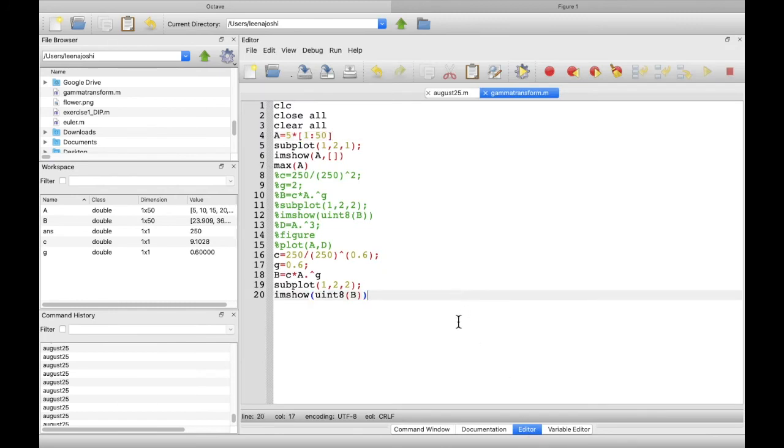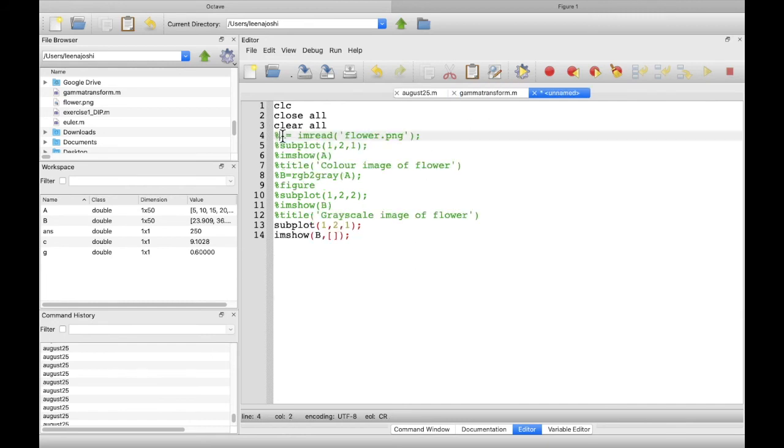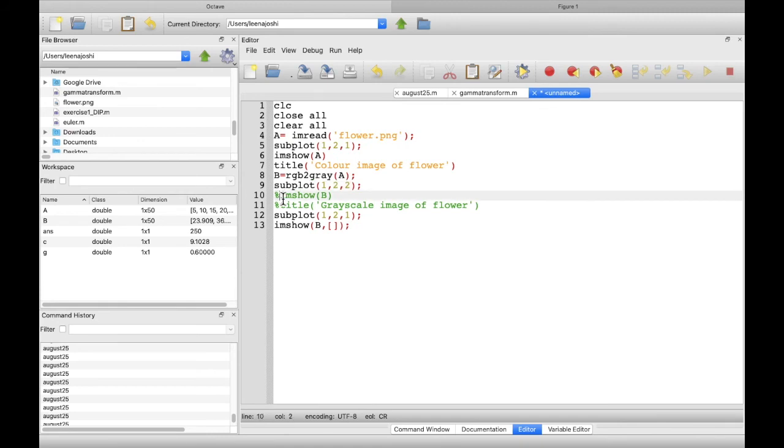Now let us apply it to a real life image. Here I am reading the image and plotting it. This is displaying the image. We are converting it from RGB to gray and plotting it again side by side. Now let us apply gamma transformation to it.